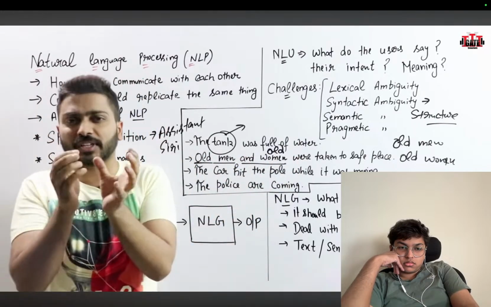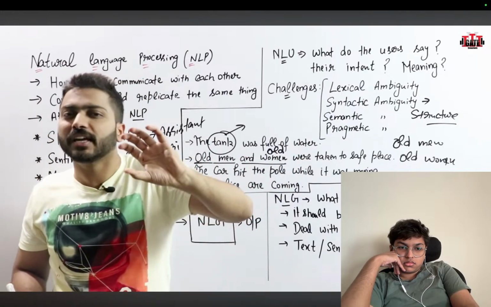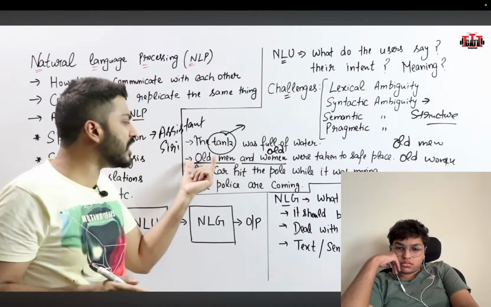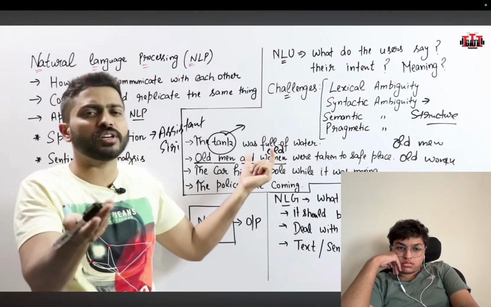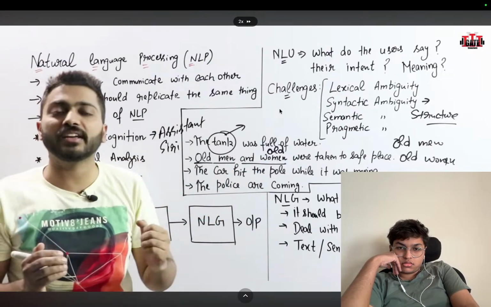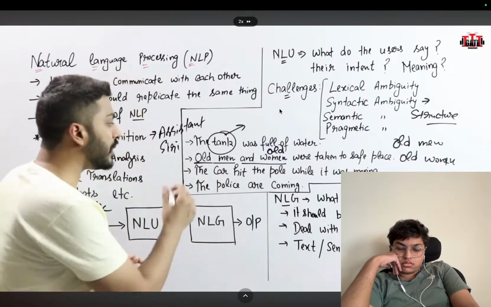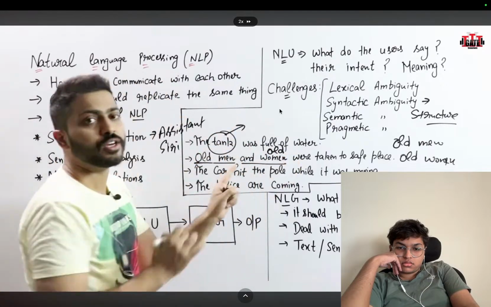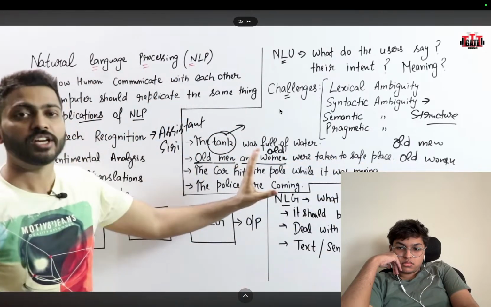तो ह्यूमन बीइंग के लिए इस चीज को अंडरस्टैंड करना थोड़ा इजी रहता है, क्योंकि हम कहीं ना कहीं इंट्यूशन को, थोड़ा बहुत सेंटीमेंट्स को भी यूज करते हैं, जिससे हमें लगेगा कि ओल्ड मैन एंड वुमेन मतलब ये ओल्ड वुमेन की ही बात कर रहा है। लेकिन मशीन के लिए इस चीज का यूज करना, इस तरीके से दिमाग लगाना, मशीन के अंदर तो कोई दिमाग है नहीं, यही तो हम चाहते हैं कि आर्टिफिशियली वो इंटेलिजेंट बने। तो यहां पे ह्यूमन बीइंग के पॉइंट ऑफ व्यू से तो वैलिड है, लेकिन अगर आप मशीन को दे रहे हो तो आपको प्रॉपर देना पड़ेगा, दैट इज ओल्ड मैन एंड ओल्ड वुमेन वर टेकन टू द सेफ प्लेस, अगर आप इसको पूरा एम्बिग्यूटी से रिमूव करना चाहते हो।